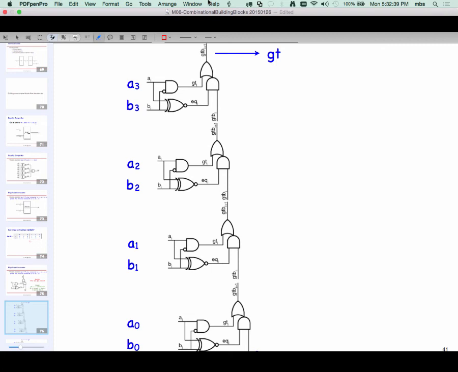More questions? Yeah. How would you implement a system that would actually know that it's settled, or would you just calculate for the worst case? Most designs are done where you just figure out what the worst case delay is, add some additional margin to it because the delay depends upon temperature and stuff like that, and then design for that. But there are circuit styles where the circuit can tell you, hey, I'm done.